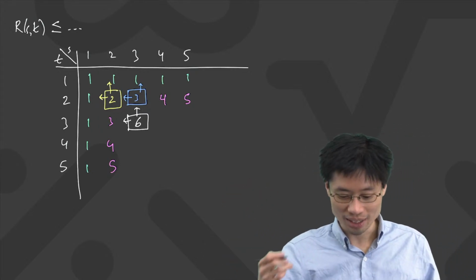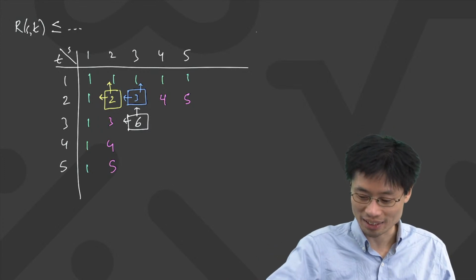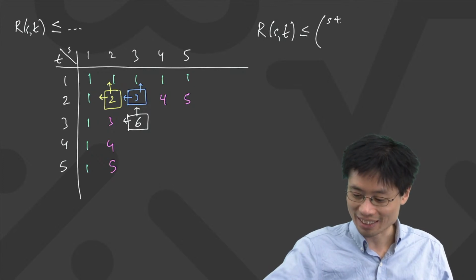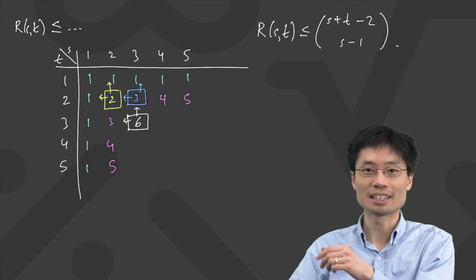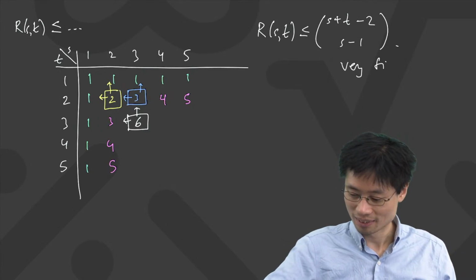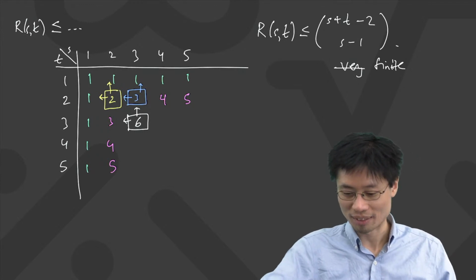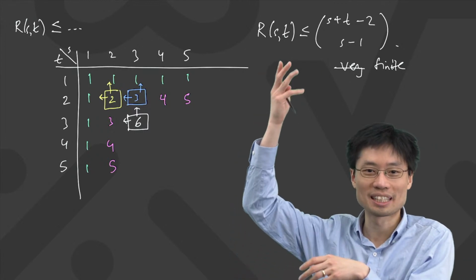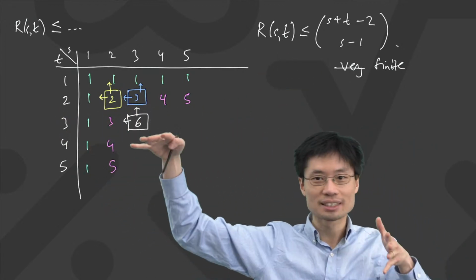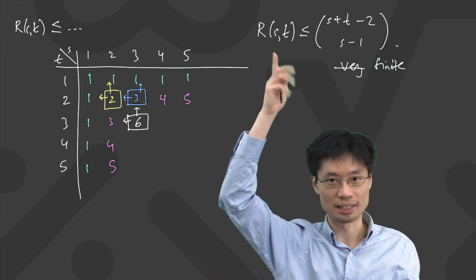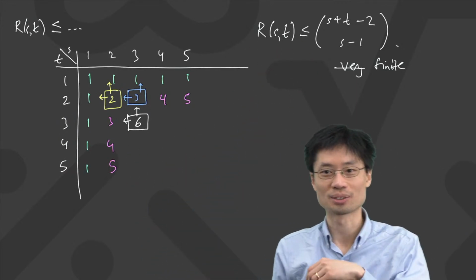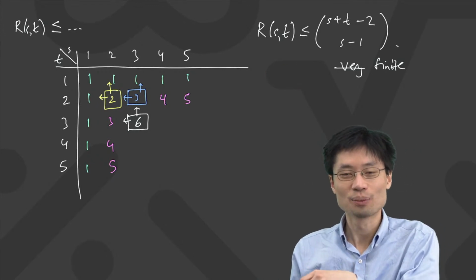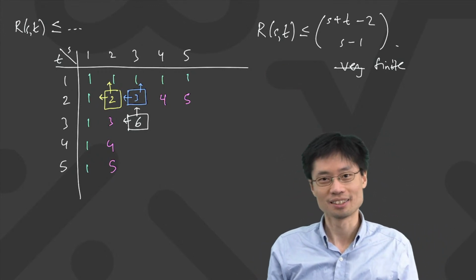So actually, this is nice. We just found out there's a bound on Ramsey numbers. It has something to do with Pascal's triangle. And this actually shows r(s, t) is at most some choose thing. And it turns out to be s plus t minus 2 choose s minus 1. Very satisfying. That's very finite. Actually, the word very is uncalled for. It's just finite. All right, finite things are finite. In fact, it's not very finite. It's pretty huge. But what I have here is I've just found out that it satisfies this Pascal triangle thing. And if I was careful, I would see that this is just s plus t minus 2 choose s minus 1. All right, so we have now proven that the Ramsey numbers exist,